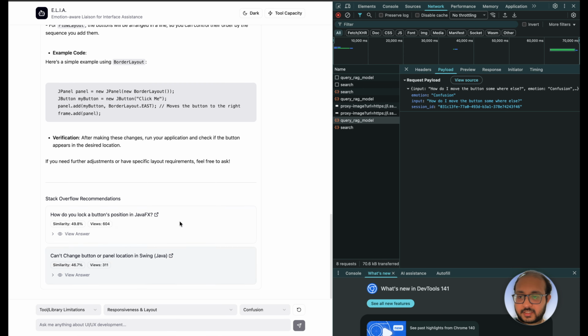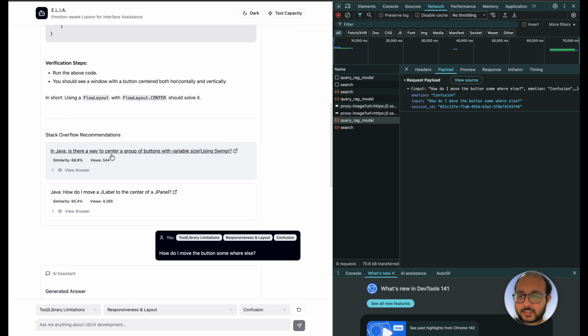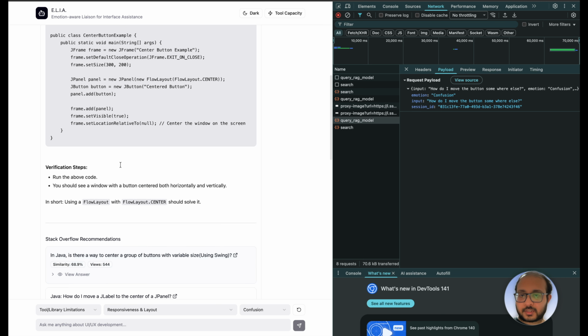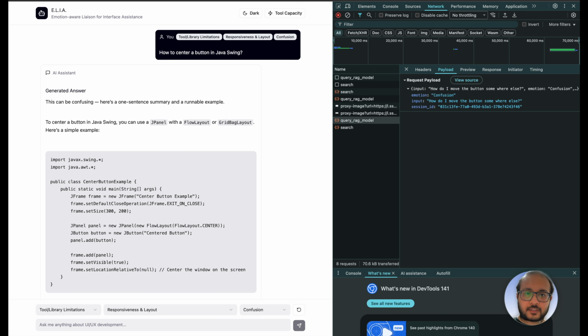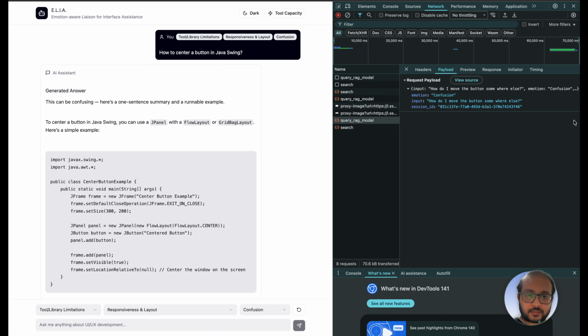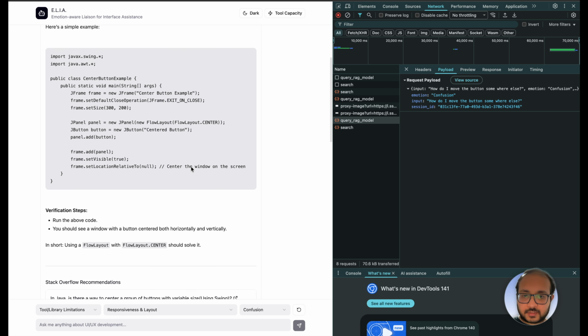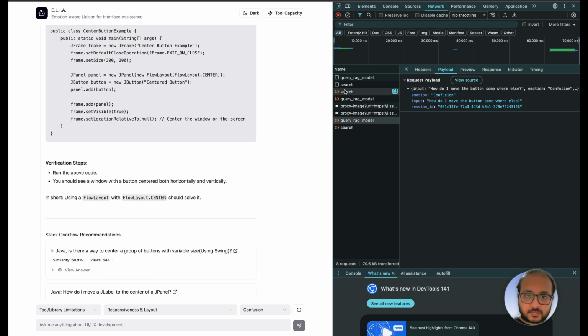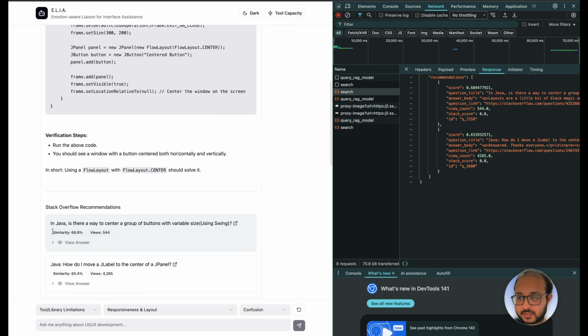Now these similar questions, which are similar to our query, are coming from a vector store, which is Pinecone here. Now this has got 10,755 entries, question answer pairs, which we curated from Stack Overflow. Now if we see the first response which was returned right here, which was 68.9%, which is this one.